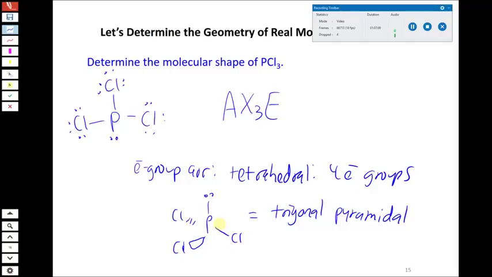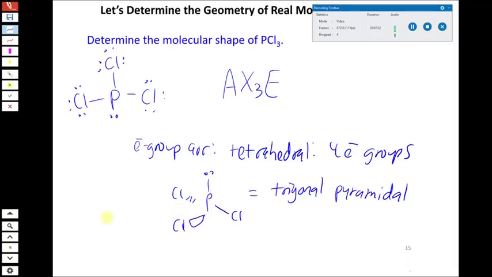Yes? So the wedges tell you that they're not all in the same plane. The wedge tells you that it's coming out of the page, and the dashed wedge tells you that it's going into the page, again indicating that it's 3-dimensional. So a trigonal pyramidal shape is kind of like a 3-legged stool. It has the central atom at the top and then the 3 legs coming down, but they're at angles from each other, and they're not all flat. If you put the 3 legs in the same plane, they wouldn't stand up very well. Okay, so that's how we do